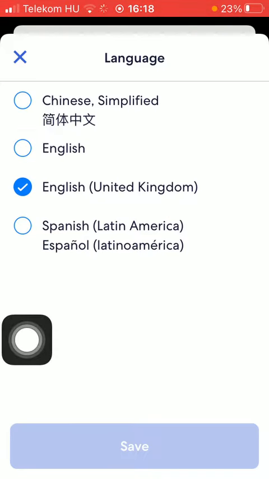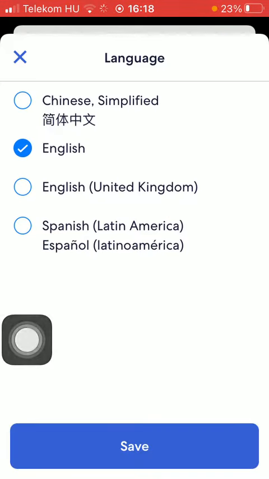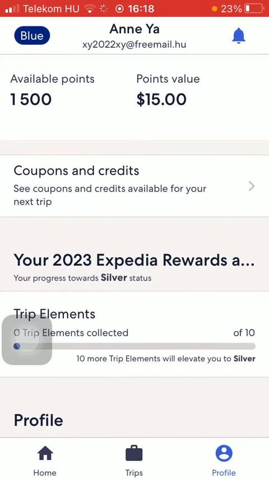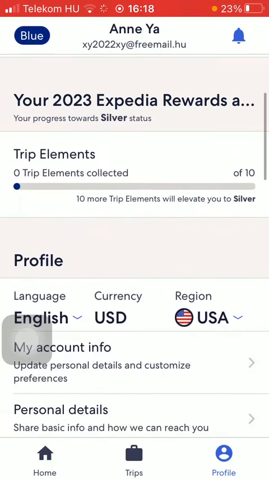All you have to do is tap on the new language in that circle, and when the checkmark icon appears in it, you can tap on the save button down below and then the language of the application will be updated automatically. As you go back to this section, you can select the currency, which is